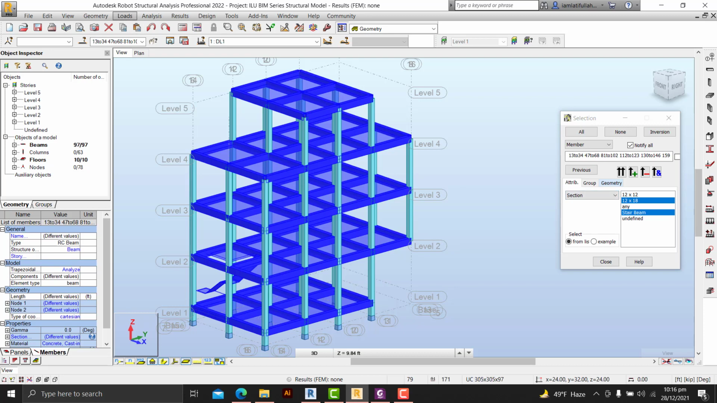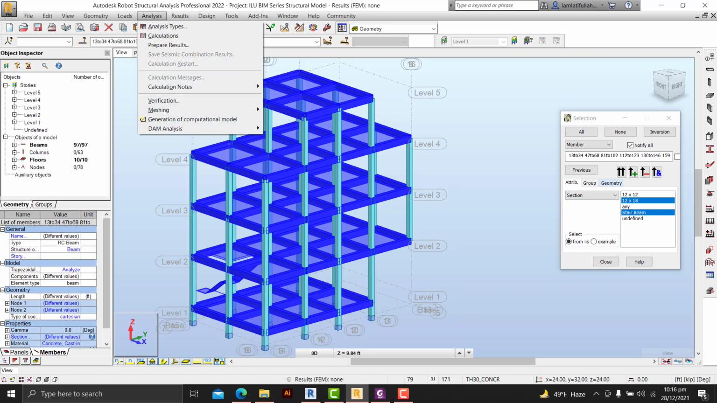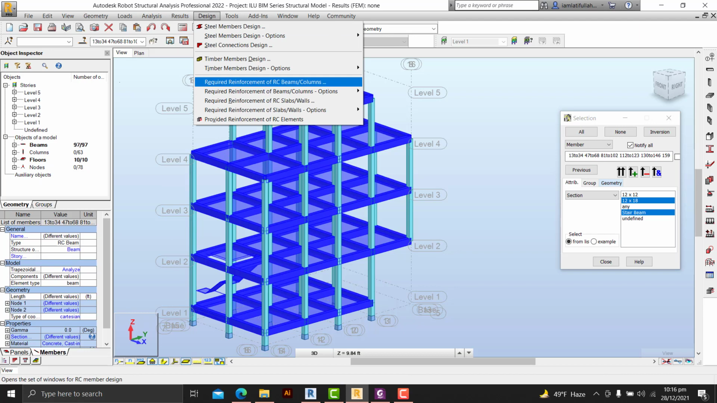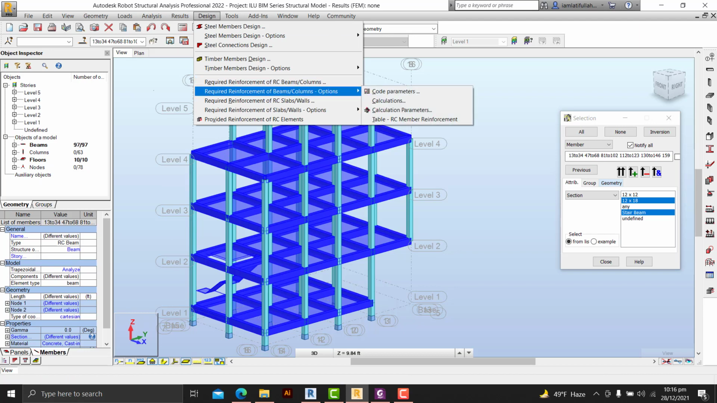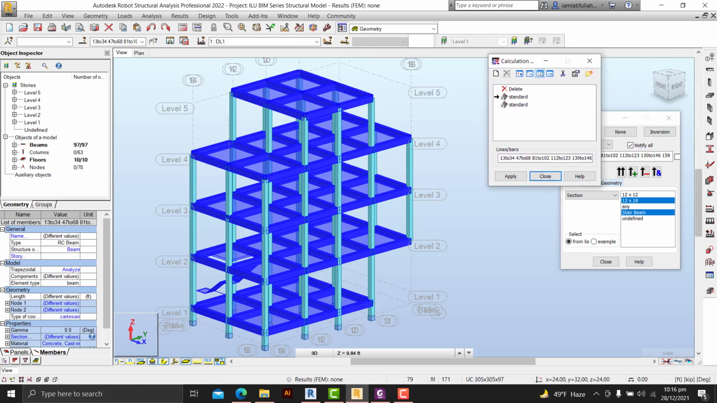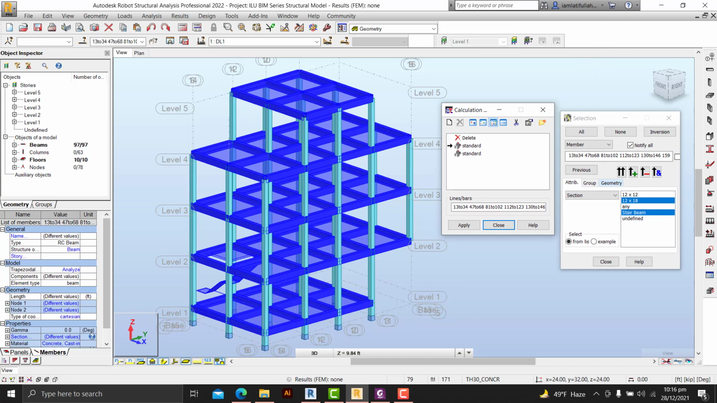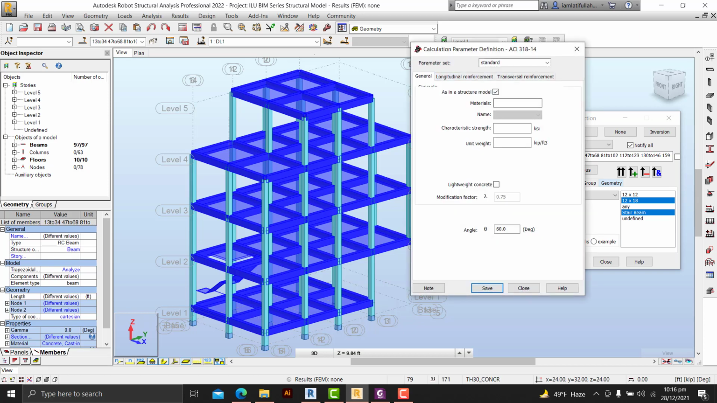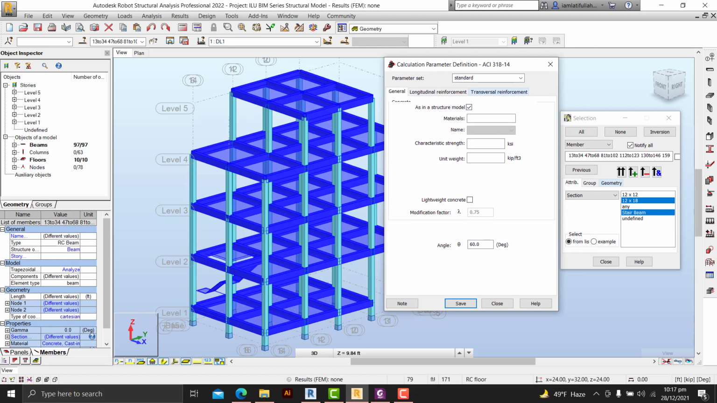Let's go to the design tab, and from here required reinforcement of beam columns options, and let's click on the calculation parameters. Once you click on the calculation parameters, you will have these options: standard option and other standard options. So if you want to change its values, you can just double click on it, and its properties would be mentioned here. So if you want to change any properties, its name, then its general information, the unit weight,